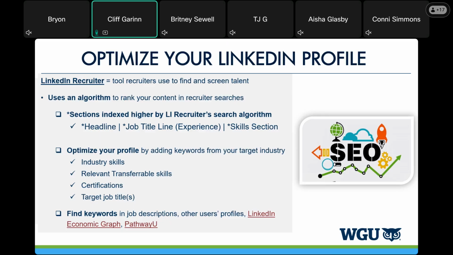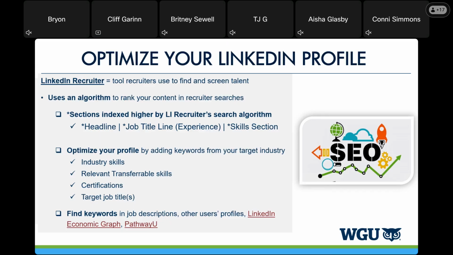As long as they're transferable skills, that's what's going to help you pop up on the radar with that SEO, that search engine optimization. Industry skills, relevant transferable skills, any certifications that you've obtained or that you will obtain from your WGU experience, and then again, those job titles that you're searching for.